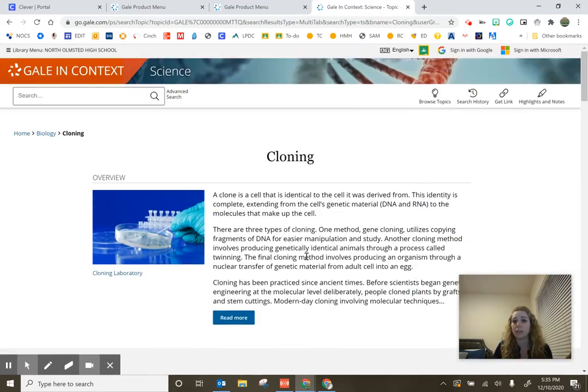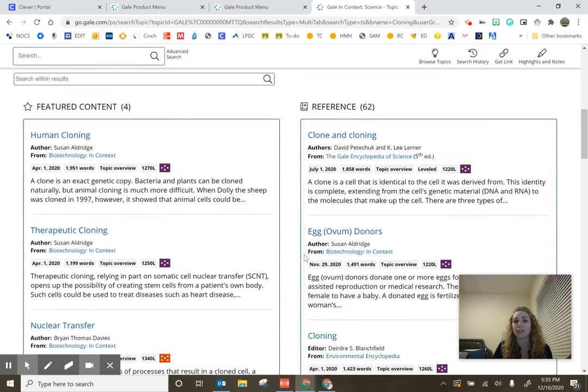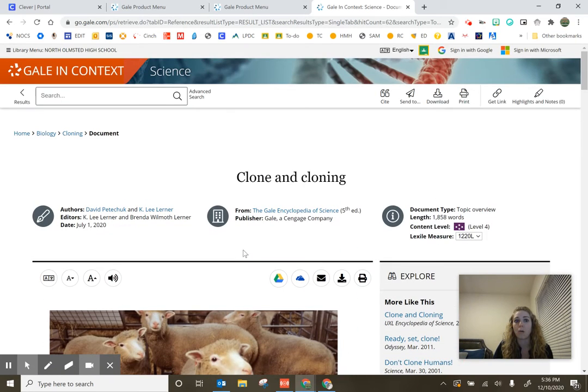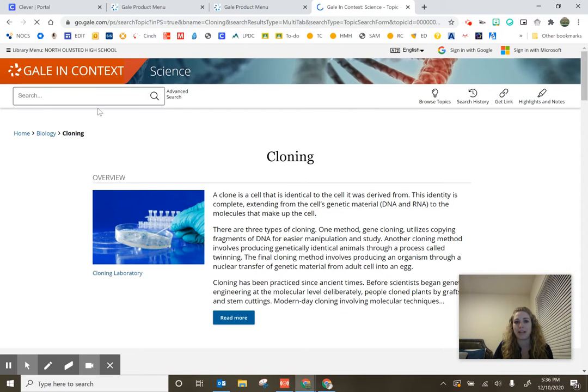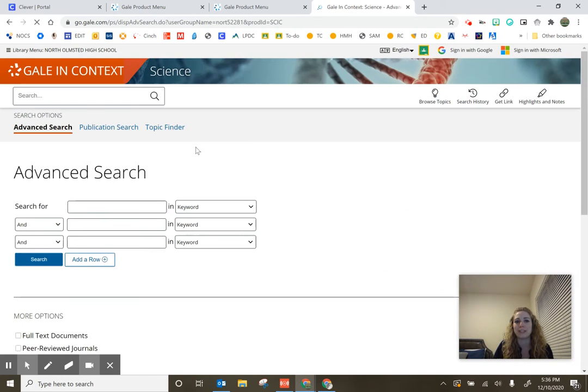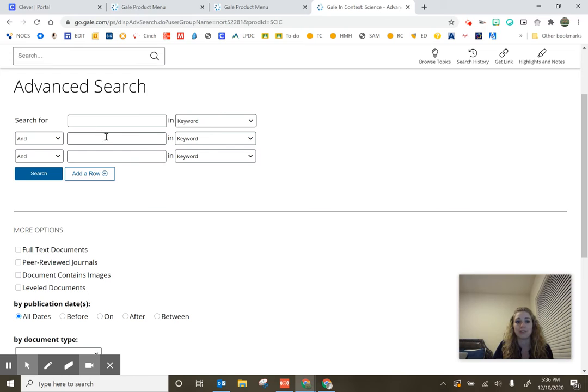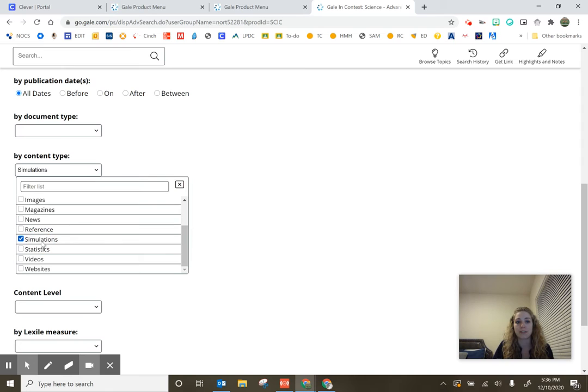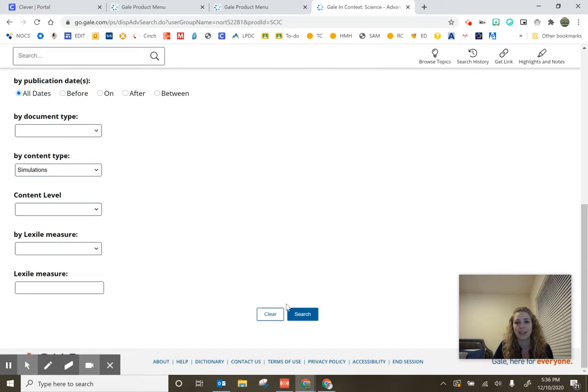Now, you do have the read aloud, so students can always have things read aloud when they click into an article. Here's that read aloud there as well. One thing that I do want to point out is the advanced search. We're going to go into the advanced search specifically in the science because you never know what you will find when you go into the advanced search. And if we advanced search by content type, and we scroll down and advanced search for simulations and click search,